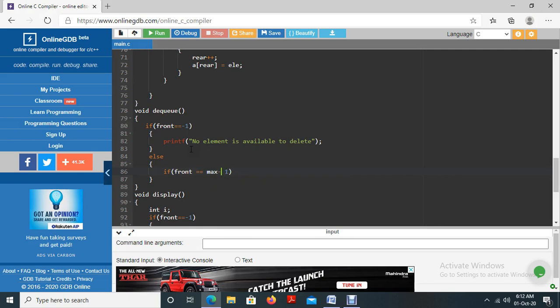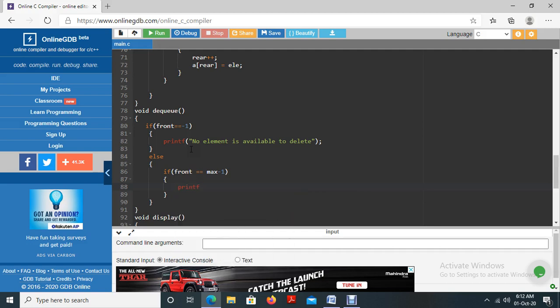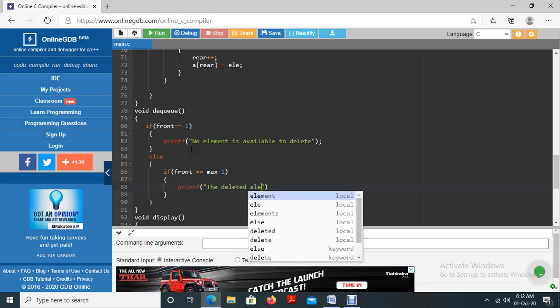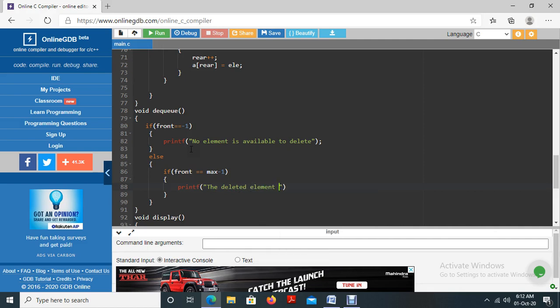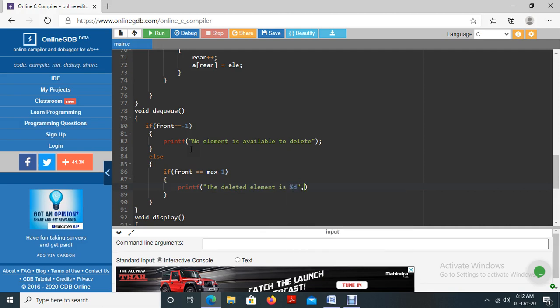If the condition is true, then what we are doing is displaying the value for deletion: printf("the deleted element is %d", a[front]). Okay.